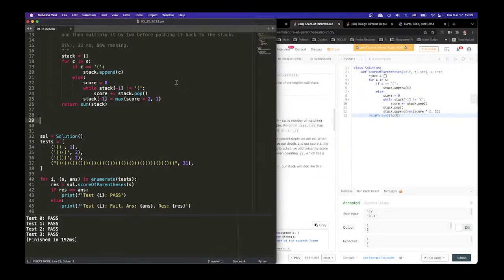And if you think about it, I append the left parentheses, and then I set the score to 0. It didn't occur to me, I can just append 0, right? And just keep adding to the last of the stack. I don't have to do any of these while loops. Basically, I just pop it, and then do,